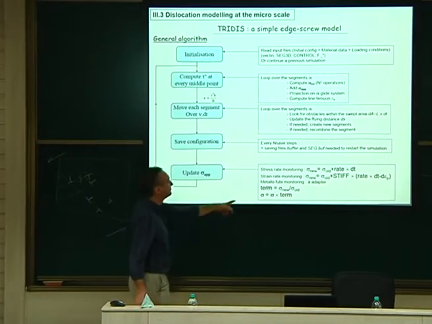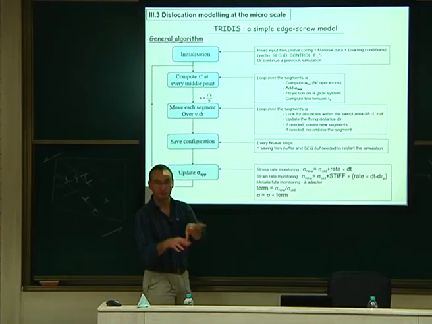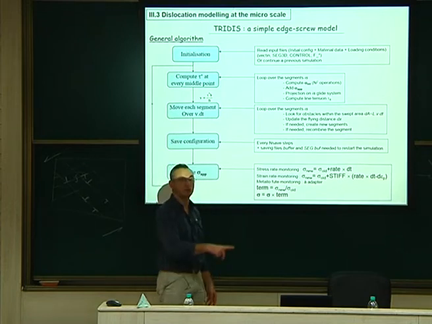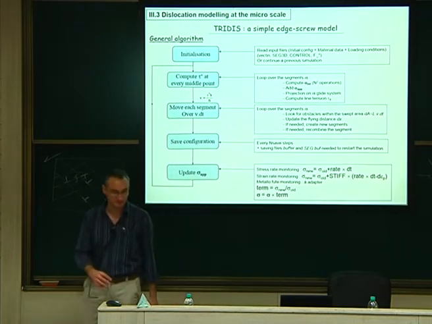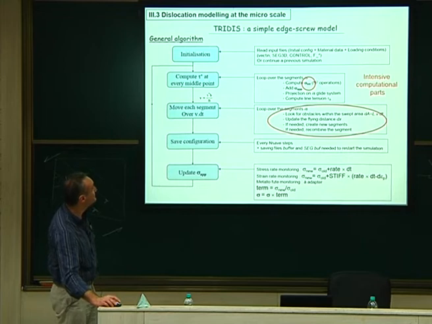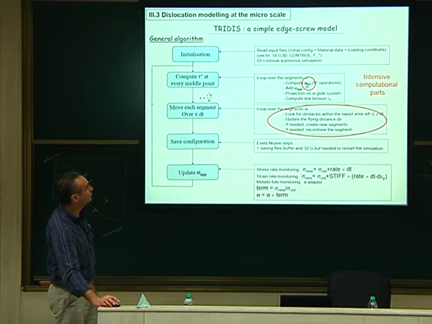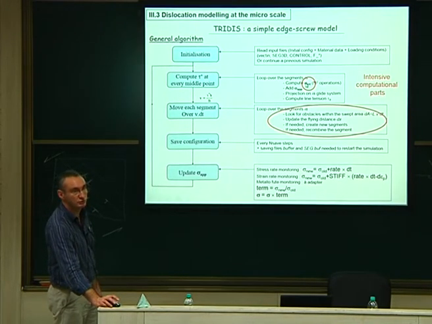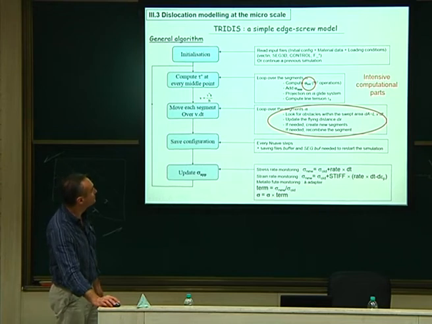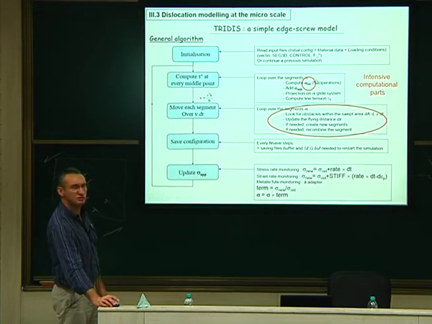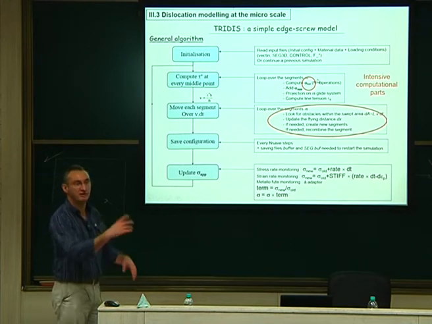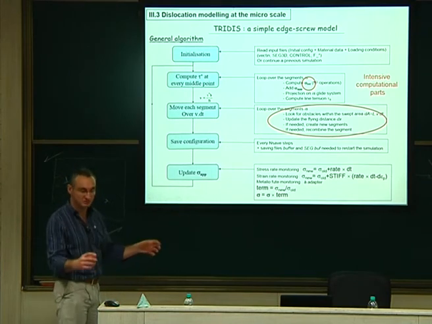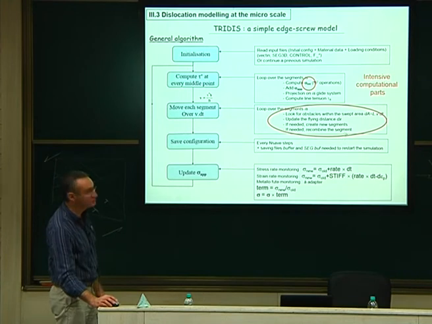Or you have metallo-fute. Metallo-fute means what you want. You can plug in what you want as a loading, typically cyclic loading or this kind of thing. You can do it here. But again, what is important is that this is the intensive computational part. If you want to look where you spend time, most of the time is in the stress tensor, which was quite easy to make parallel, because you just divide it, it's fully parallel, easy to do. But the rest is much more complicated to make parallel.